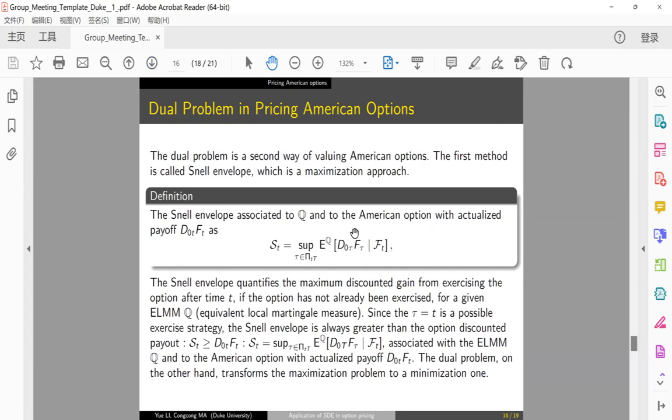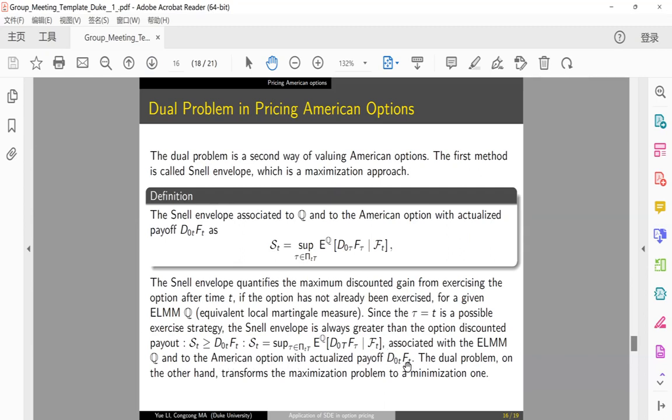So it quantifies the maximum discounted gain from exercising the option at time t, if the option has not already been exercised, for a given measure Q. Since tau_t is a possible exercise strategy, the Snell envelope is always greater than the option's discounted payout, which satisfies this inequality. So this is associated with the martingale measure Q and